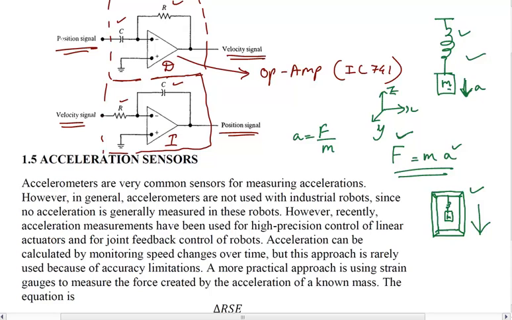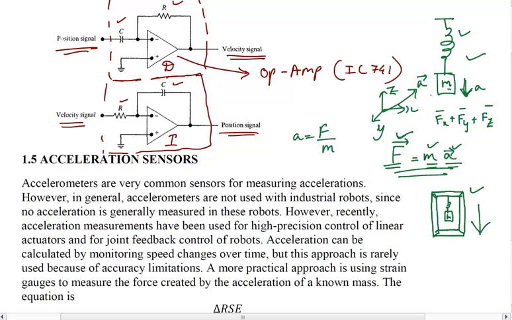So you will get the resultant force, which is whatever force is in the x direction plus whatever force is in the y direction plus whatever force is in the z direction. The vector addition of that will give in which direction the force is. Based on that, you can calculate the direction of acceleration, because force is a vector quantity, mass is a scalar quantity, and acceleration is again a vector quantity. So whatever the direction of force you are getting, that is the same direction of the acceleration, because mass does not have any direction.